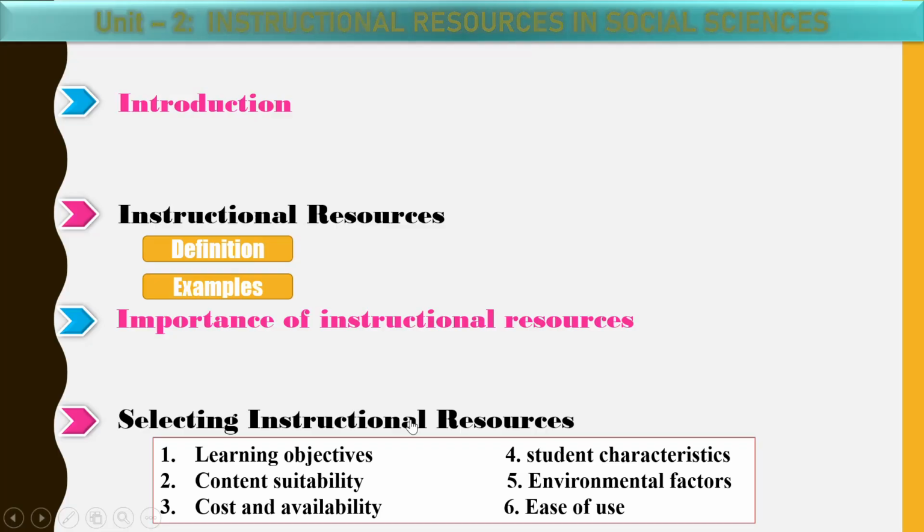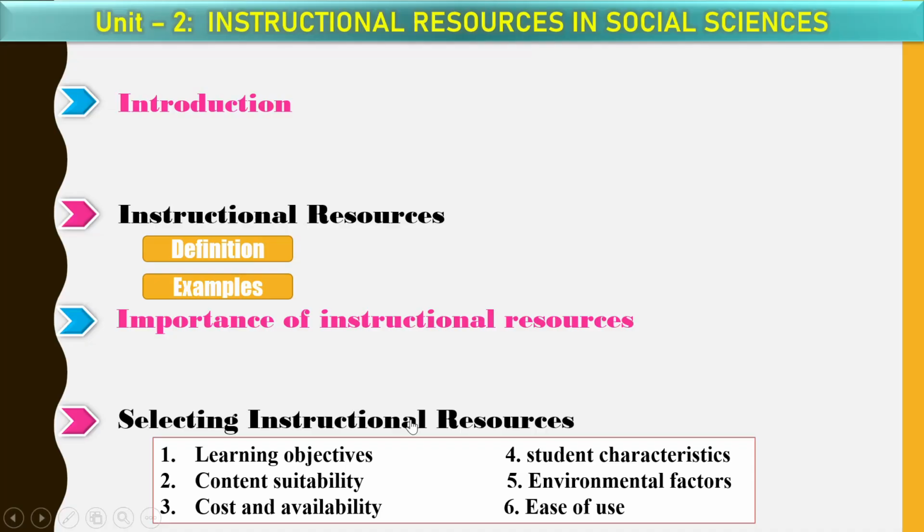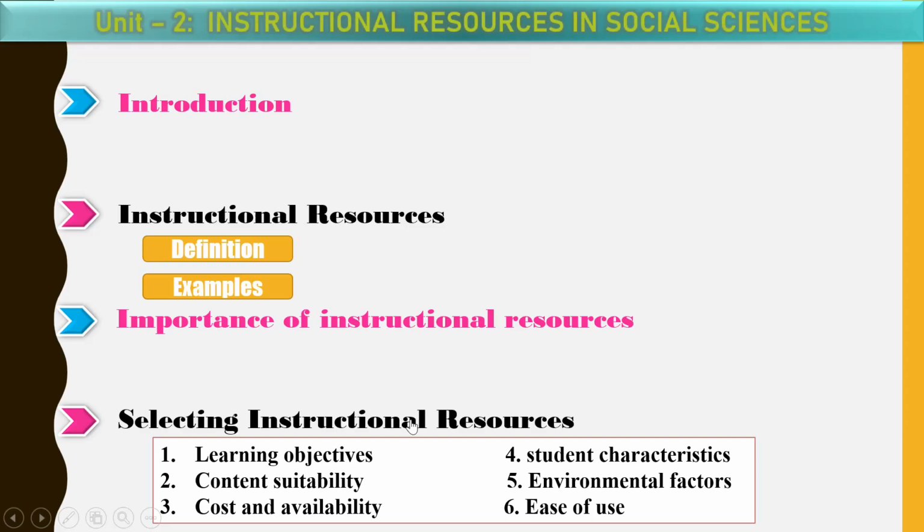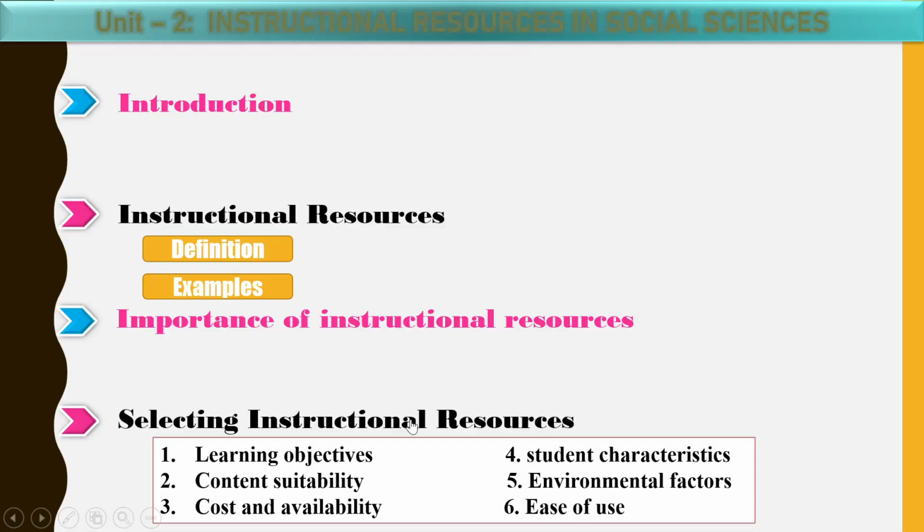Then very important is cost and availability. So whatever materials we are using should be cost effective and most efficient. Factor in the cost of the materials, and their accessibility does matter. Next factor is ease of use. The teaching materials or the resources we are using should be easy to handle both from the teacher point of view and the